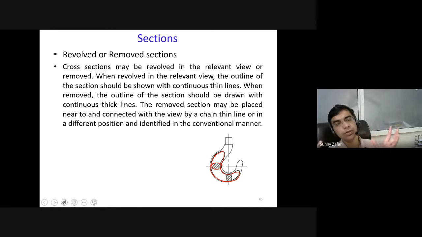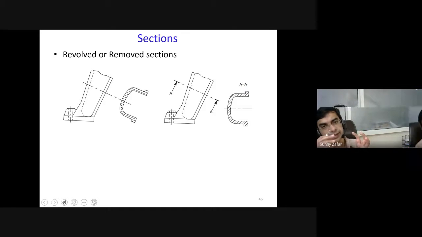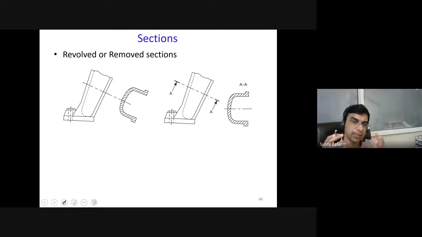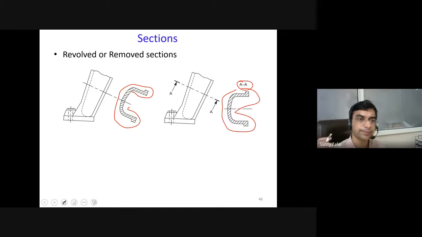Here I'm just trying to give you an overview of the different components of any machine drawing for any given engineering component. So this is the way we present the removed section or the revolved section. When you practice different assignment problems, things will become more clear. But at this point, it is more important to understand the purpose, or how it is being done. Suppose this part is getting removed, we will show that this is the removed section. Okay. And if there is a cutting plane being shown, the plane is mentioned as AA, and the part at the cross section is shown below it.